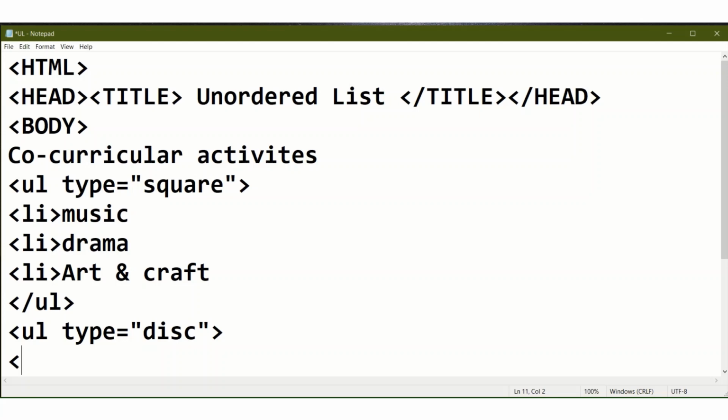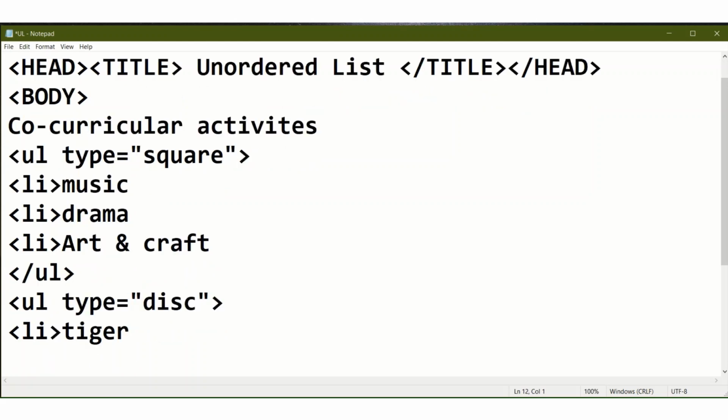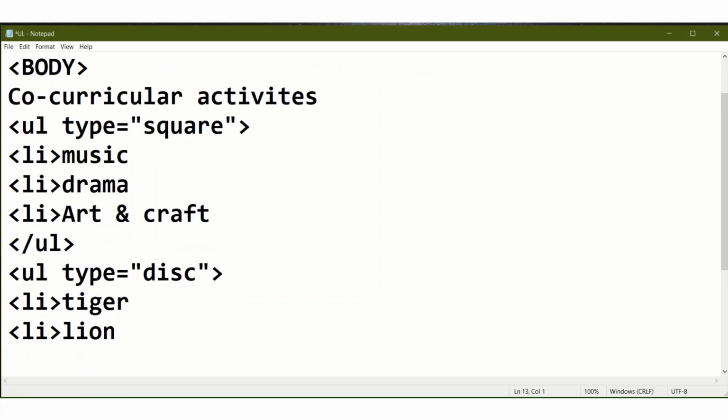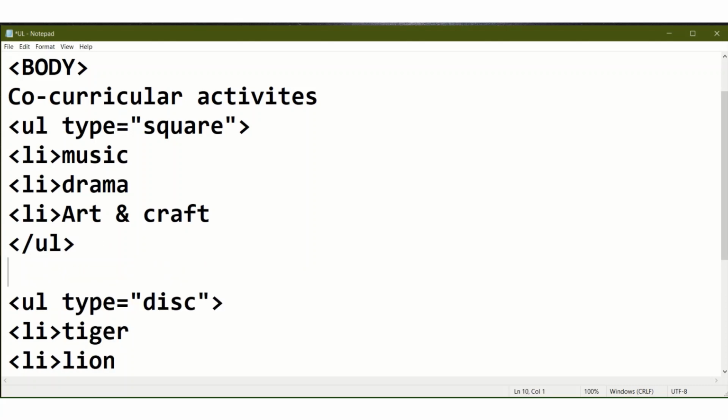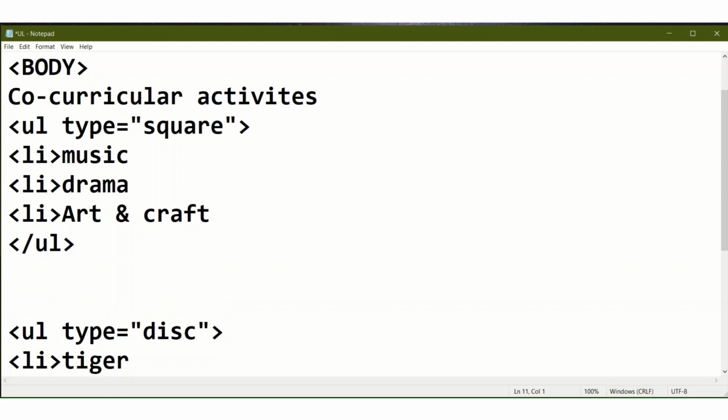Suppose I am writing different animal names, so tiger. Okay, then li, suppose lion. So in this way you can type the different item names, and then you have to close the ul. I am closing here. If you want to create more, you can.